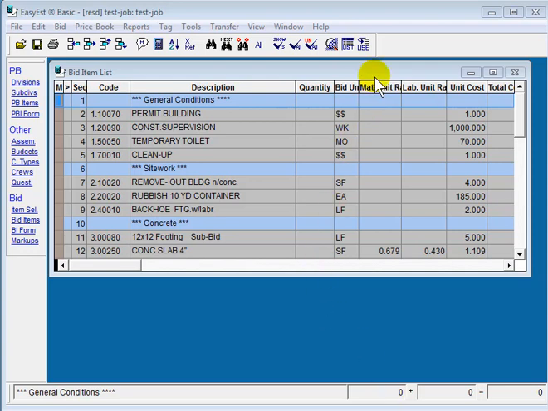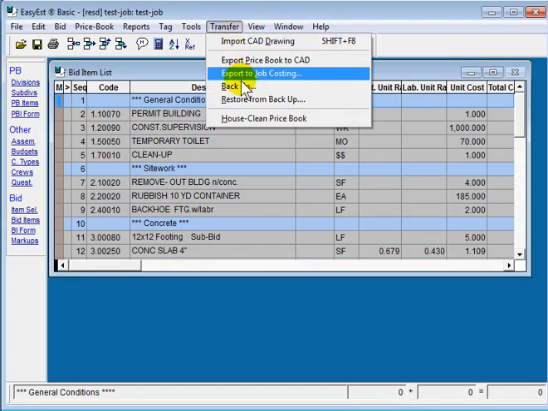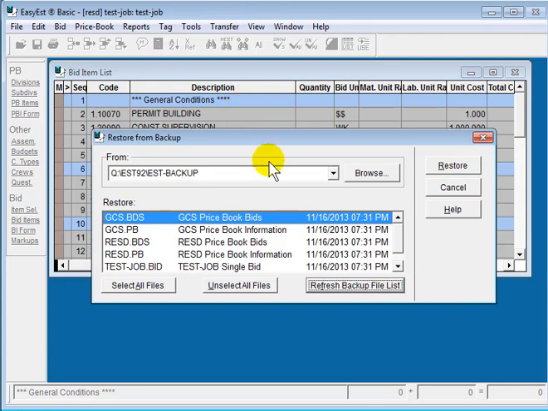In your old location of Easiest, if you were making backups on a regular basis, then on the new install, just go to the File Transfer menu, Restore from Backup, and navigate or browse to the location where your backup files are. If they're not on this computer, you can copy them from the other computer if it's still functional and put them on a thumb drive, or if they're networked, then you can navigate to the network drive